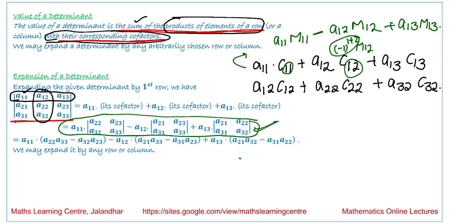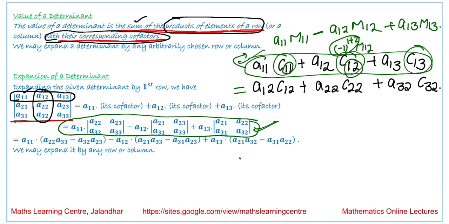So you can use any of the rows. When you calculate the value using any row, it will be equal to the value you calculate using any column. So the value of the determinant is fixed. You can use any row or any column to open the determinant, and the formula is that you calculate the cofactors corresponding to that particular row or column. Then you multiply those values with the corresponding elements, and finally add all those values. You will obtain the value of the determinant of the matrix.